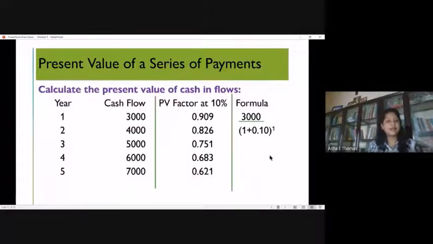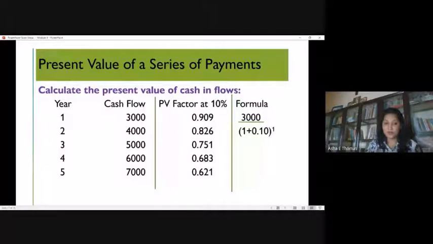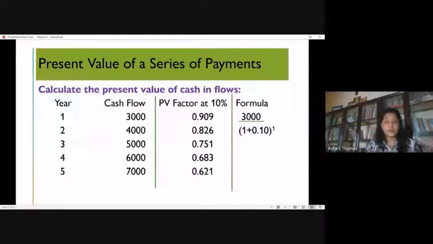Right. Now, the second thing we need to understand is that there are 2 types of inflows which we can expect in future. The first one is the lump sum. I am able to get maybe 10 lakh after 5 years. That is a future value of 10 lakh, and I'm talking about the present value of 10 lakh, say if the discount factor is 5% after 10 years. That's a lump sum, one whole sum amount.